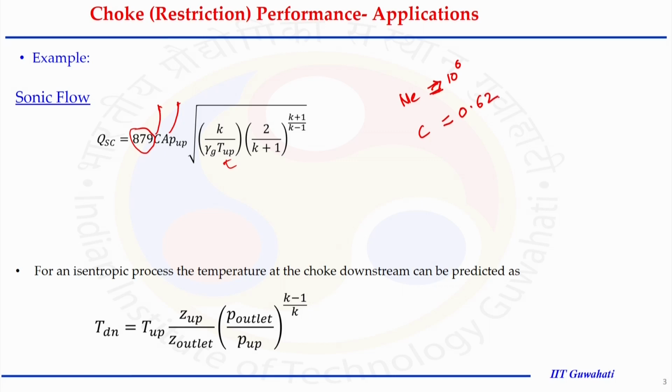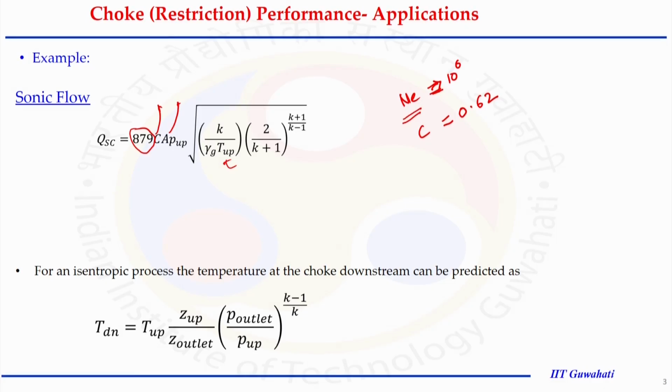After putting all this information in, we can get the value of Q, but is that value of Q correct or not? For that, we need to recalculate the Reynolds number using this flow rate, and if the Reynolds number is within a tolerance range, we can say the assumption made was correct. Otherwise, we have to recalculate the Reynolds number, calculate the discharge coefficient, and based on that calculate Q again. That is the way we can calculate the discharge rate.